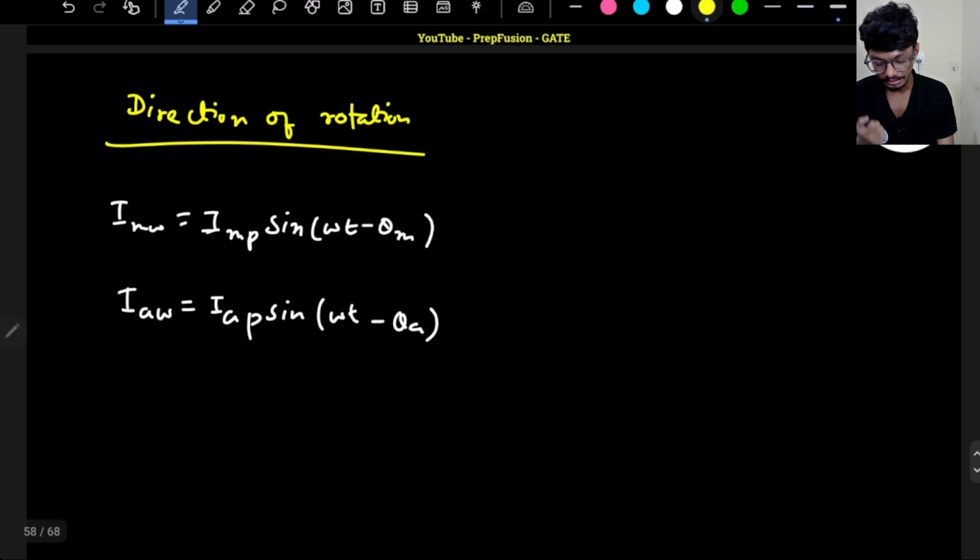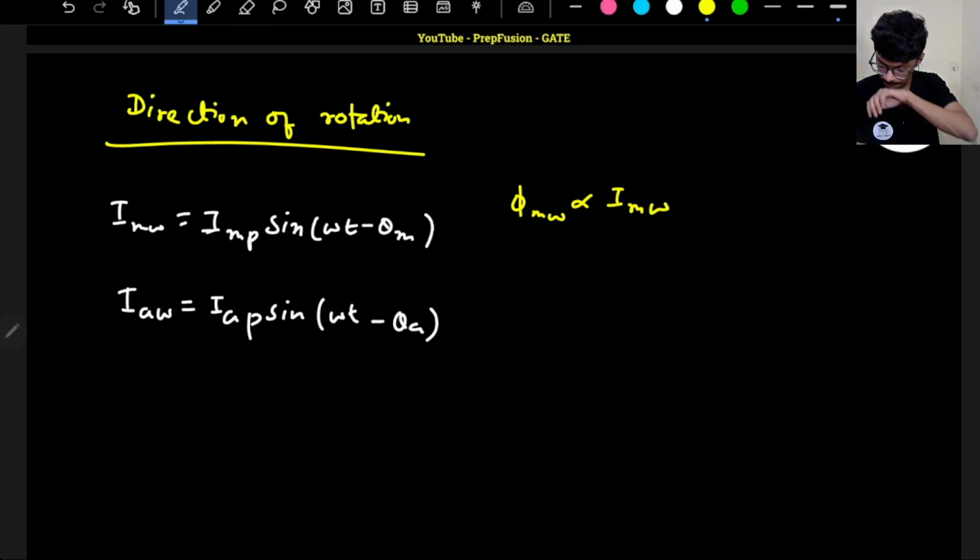One more thing, we know that the flux in the main winding is proportional to current, because flux is proportional to the mmf, so flux is proportional to I_MW. Okay, so if I assume my initial current to be in this direction,